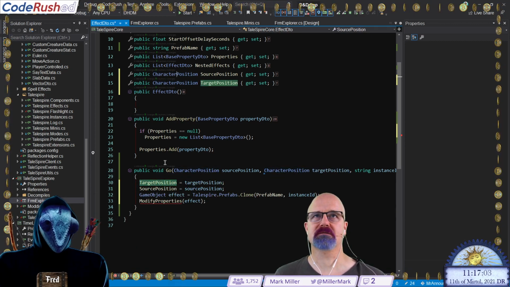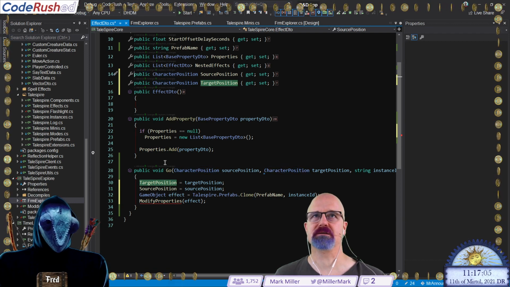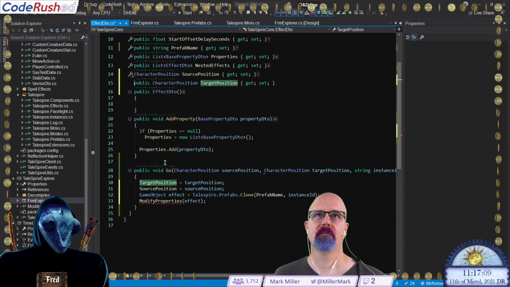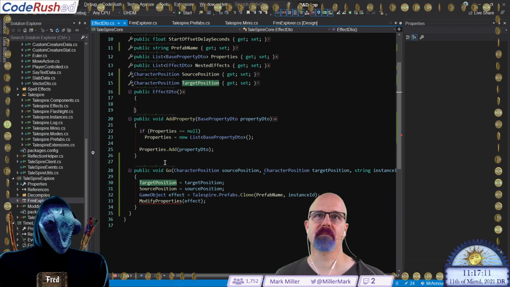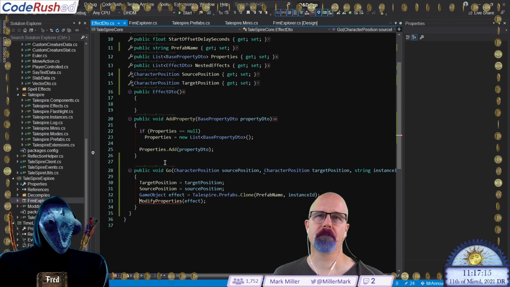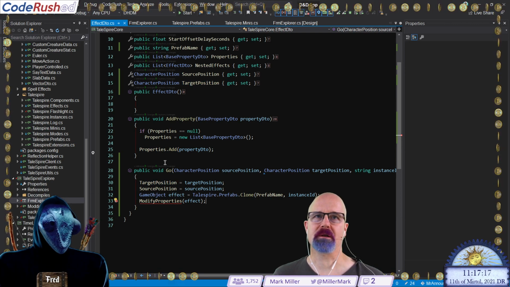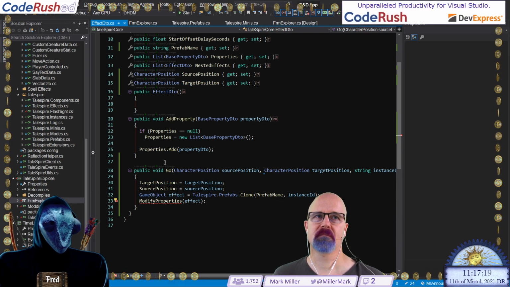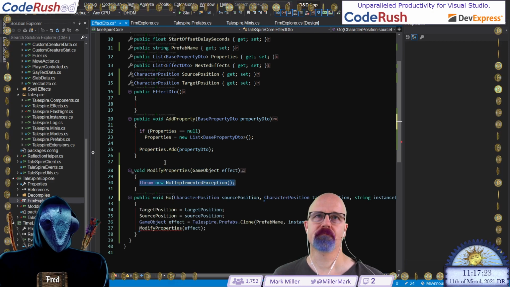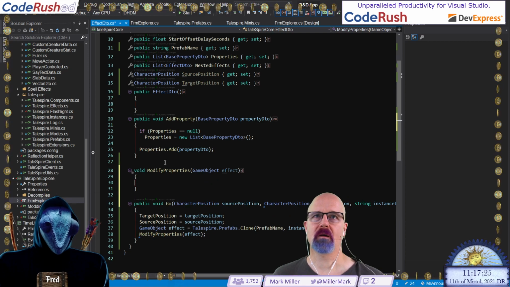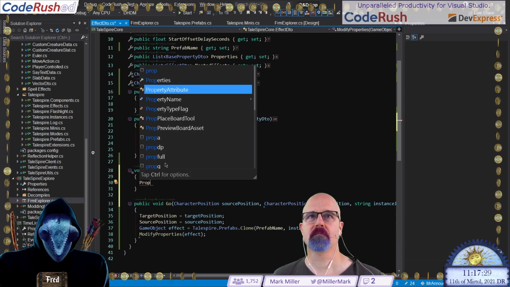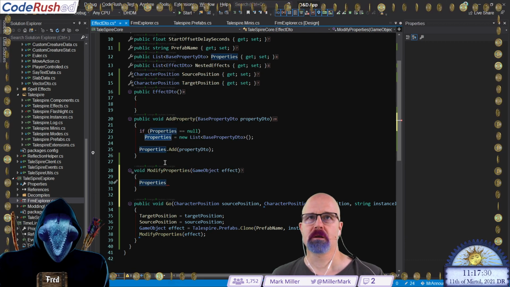In fact, let's make that really super clear by making these private. Like that. And then modify properties. All right. So we need to write some code here.